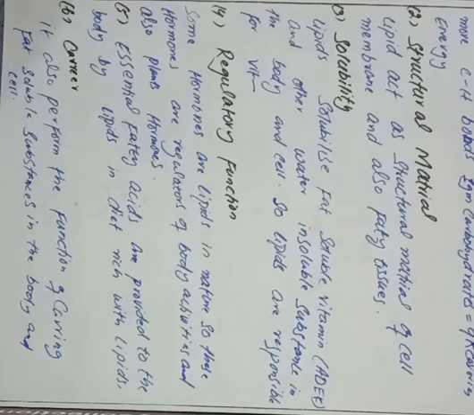Hormones are of several types: lipid hormones, protein hormones, amino acid hormones, and also carbohydrate hormones, etc. These lipid hormones are made up of steroids. Steroids are actually lipids. So lipids function as regulators. It means that hormones function as regulators, but some hormones are made up of lipids. So lipids function as hormones, and some lipid functions are also as regulators.